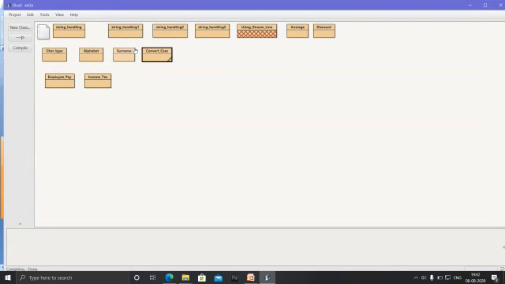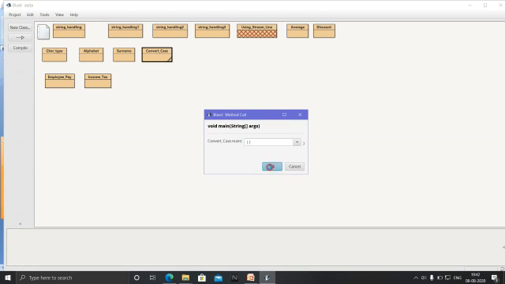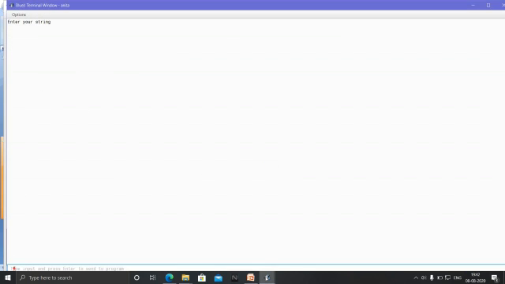Now close this, then come here. Now this is convert case, right click, void main string, you will open it here. Okay, here you will type your string. Suppose I am changing the string, so I am writing here Welcome, W as a capital letter, C in capital letter, then India, I will write N D in small letter, then I A. Only N D I am writing in capital letter.